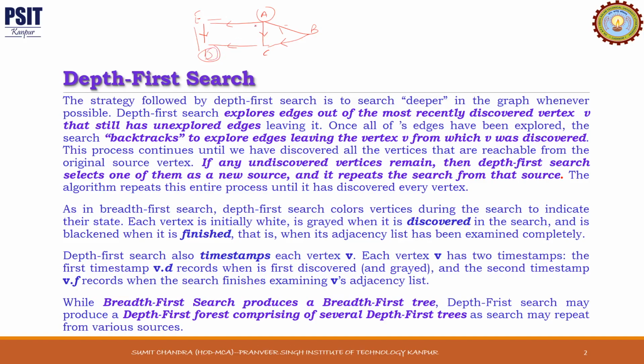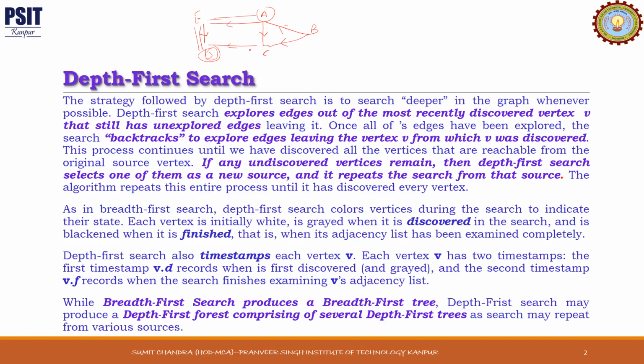So basically what we do is choose a source vertex, and we keep on traversing until we reach a dead end, like a vertex where there are no neighbors to explore. Then we backtrack, and we do the same thing with the previous vertices. We search for their neighbors, and if there are none, it is a dead end, so again we backtrack, and so on. This is how depth first search works.